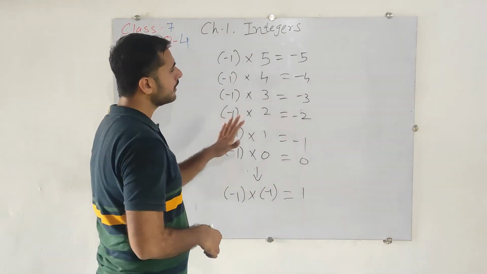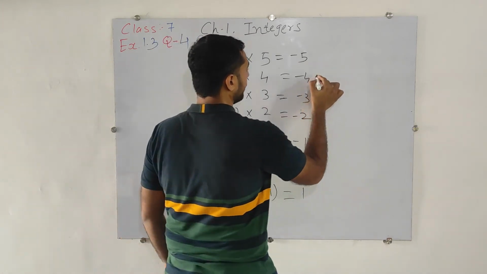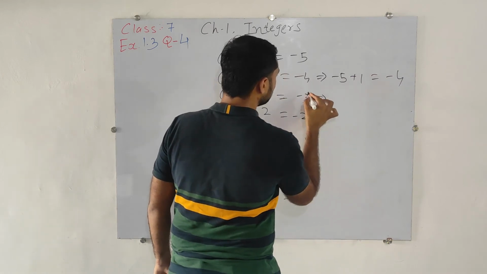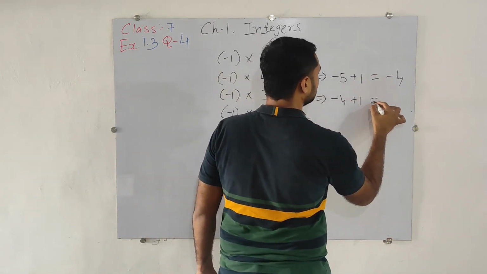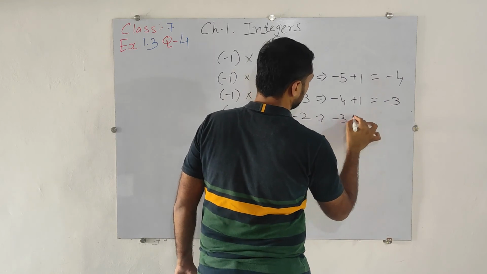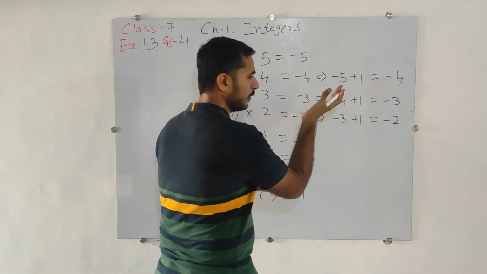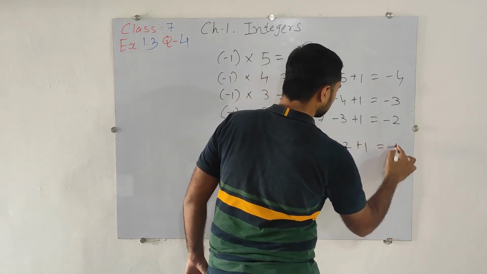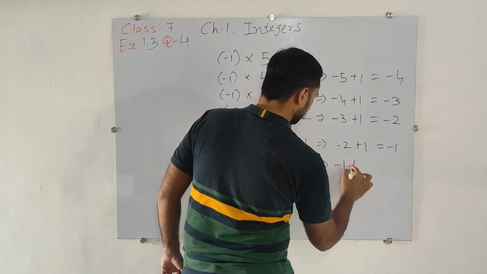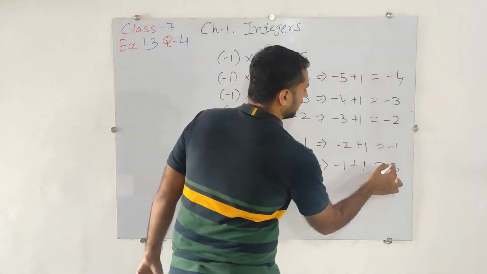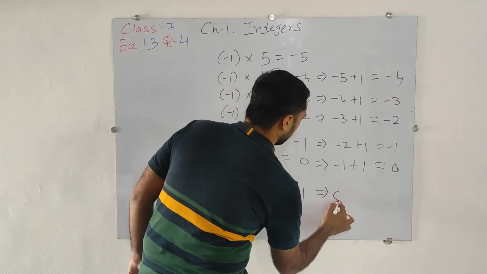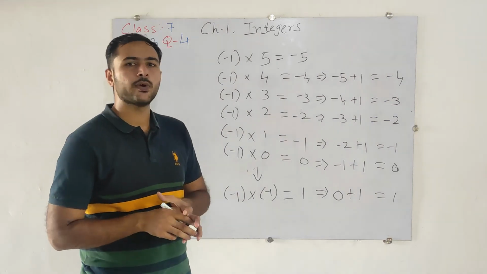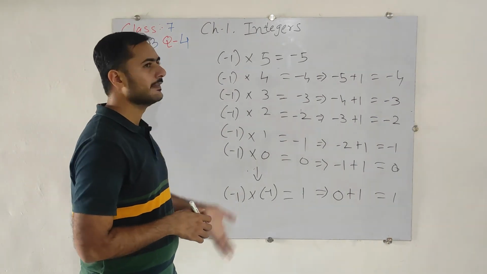Now here one interesting pattern can be created, see how. If I select minus 5 plus 1, that will be minus 4. Now I will select minus 4 plus 1, that is minus 3. Minus 3 plus 1 is minus 2. Now we can create it till 1. See here, minus 2 plus 1 is minus 1. Then minus 1 plus 1 is 0. And now 0 plus 1 is 1. So this is how we can create the pattern for the given series.